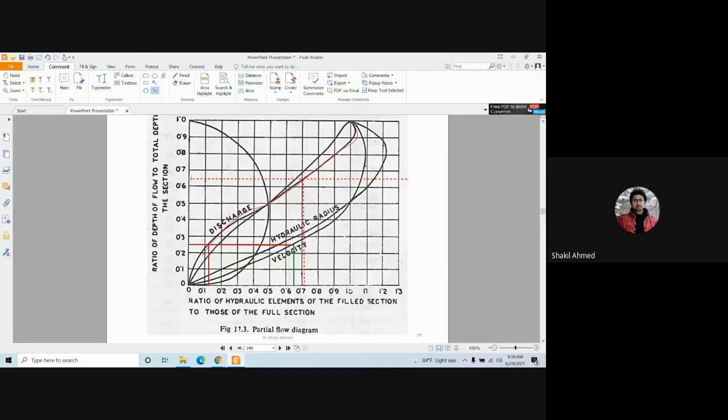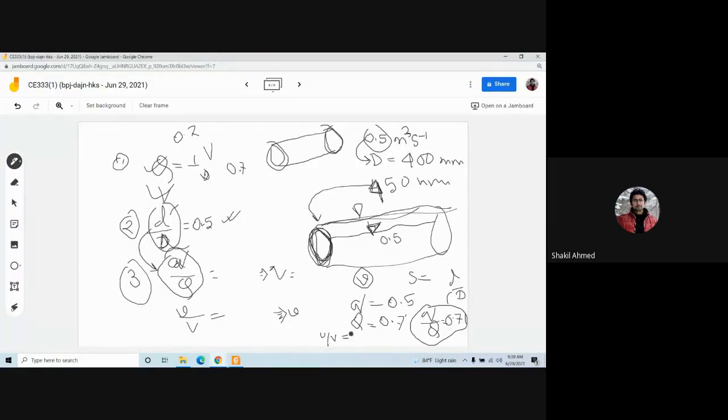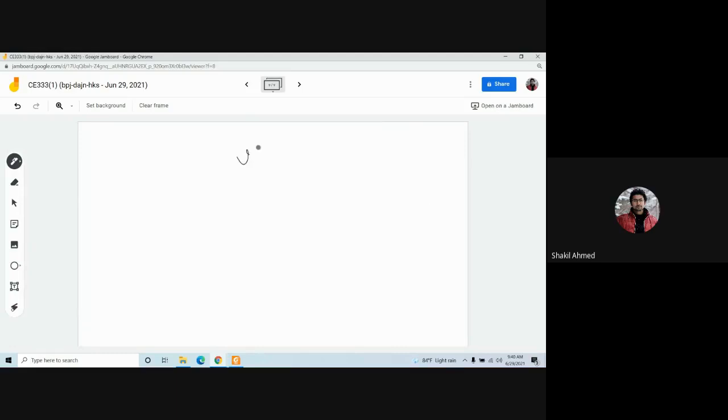Yes, sir. And for this horizontal line, did you see where it cuts the velocity graph here? This is basically 1.07 maybe. So small v by capital V equals 1.07. Capital V you know, so small v you'll be able to calculate, right? Clear? Yes, sir. That means you can check this small v with the minimum velocity,